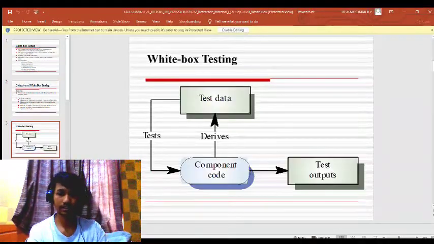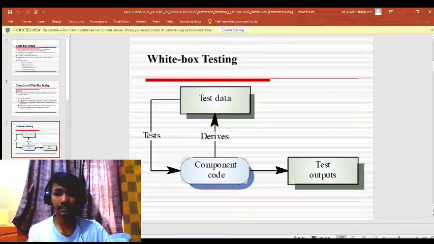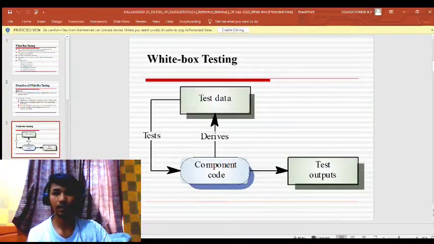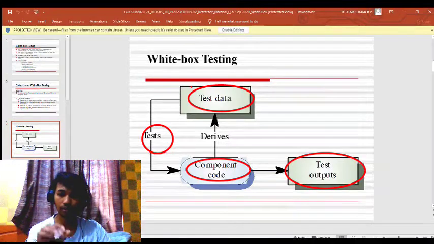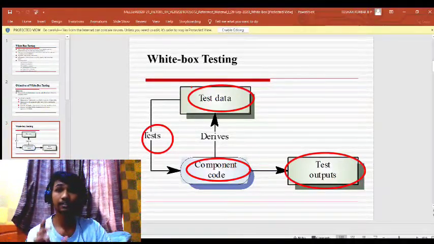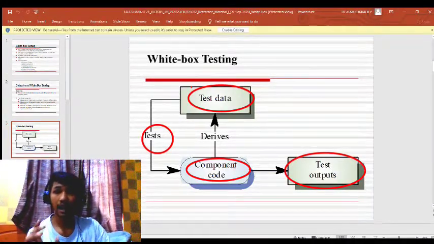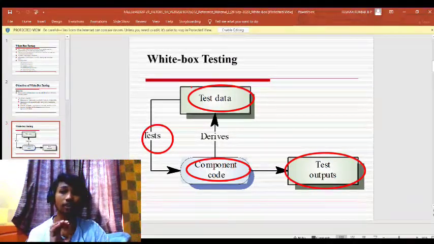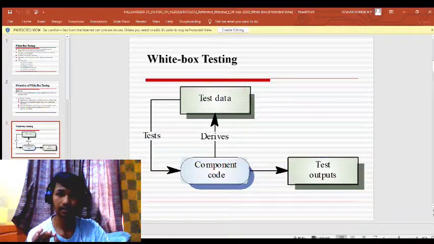White box testing. So here you can see that they have given a diagram showing test data, tests, component code, derives test data and test output. Here how it works is, when you run the tests on a component code, it derives a test data, and you will be running these tests on and on until you get the test outputs that you desire.